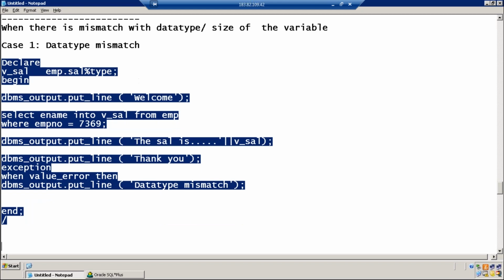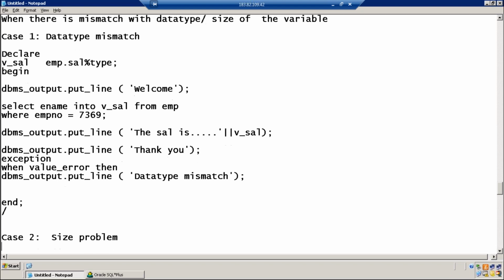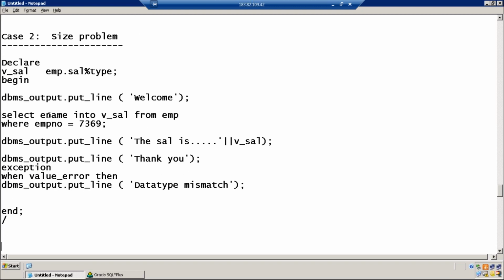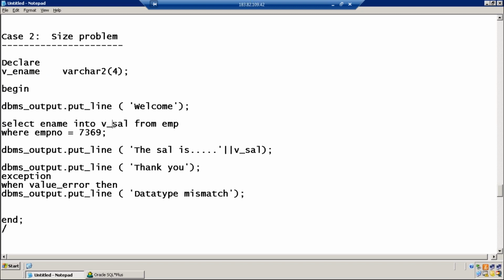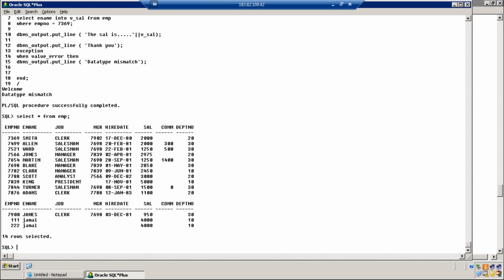Now case two, problem with size. V underscore ename, employee name for 7369. 7369 is Smith.